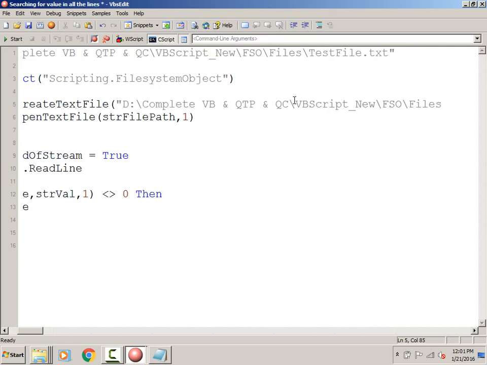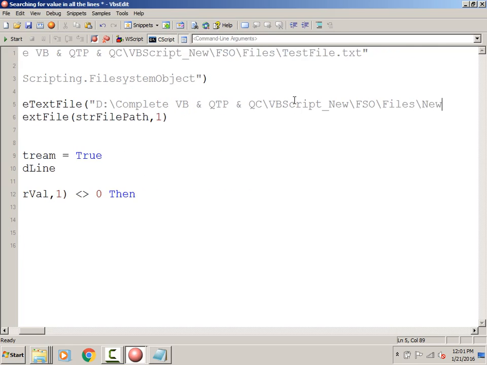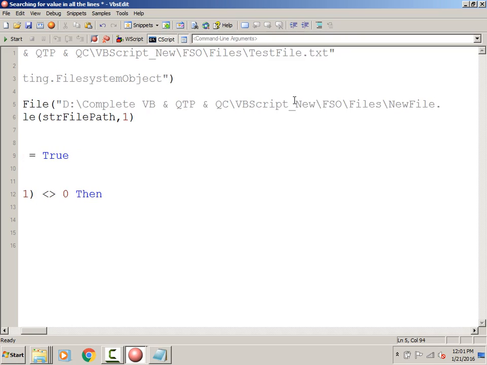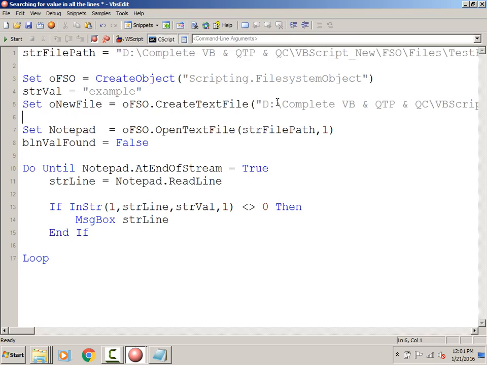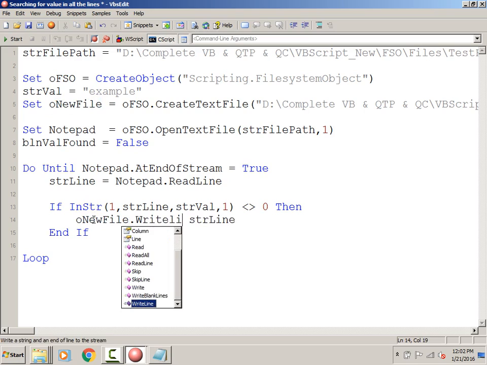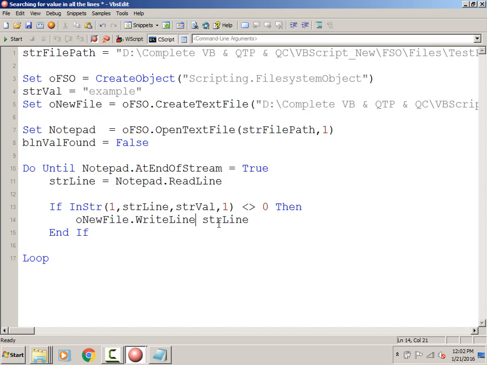Create text file of new file dot txt. So what I am doing is creating a file, and I am taking that created file into another variable called o new file. Then instead of using the message box, o new file dot write line, and whatever line is found will be written. Now if you run this,